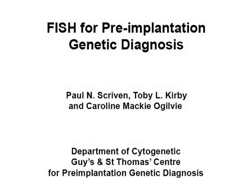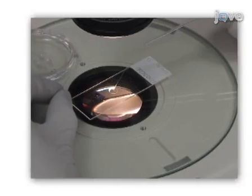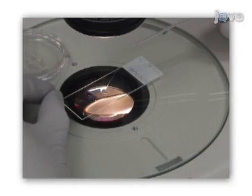The aim of this procedure is to use the fluorescence in situ hybridization technique to determine the sex chromosome or translocation status of in vitro human embryos at risk of genetic abnormality. This is accomplished by lysing a single cell biopsied from a day 3 embryo onto a glass slide and air